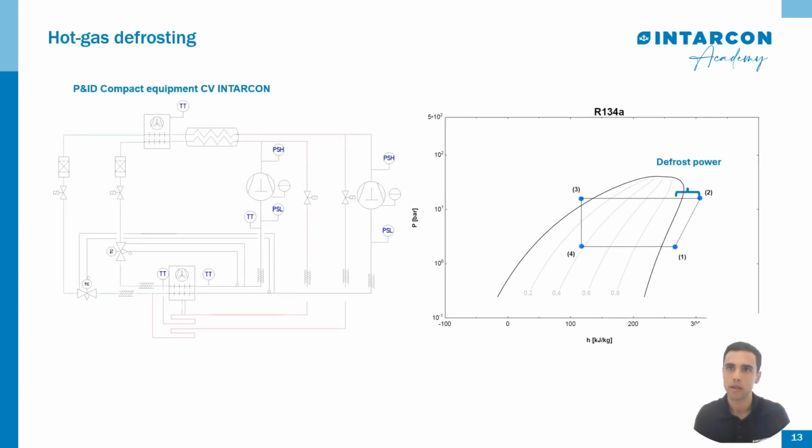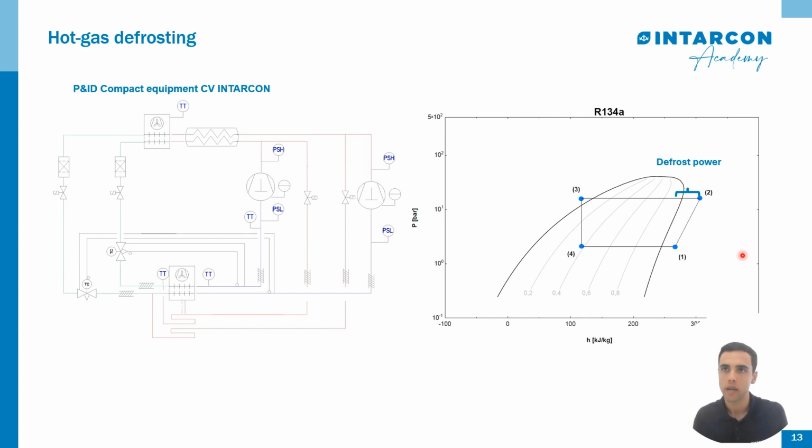Hot gas defrost is an effective method for removing frost from evaporators in the refrigerant system. This method connects the compressor discharge directly to the evaporator after the expansion system. It takes advantage of the heat produced during the compression of the refrigerant. In this system, the heat generated after compression of the refrigerant is recovered and used to melt the frost in the evaporator. This process is especially effective in refrigerant plants that require frequent and efficient defrosting.